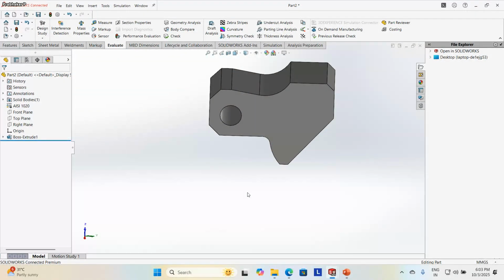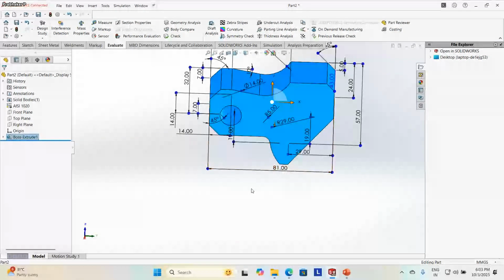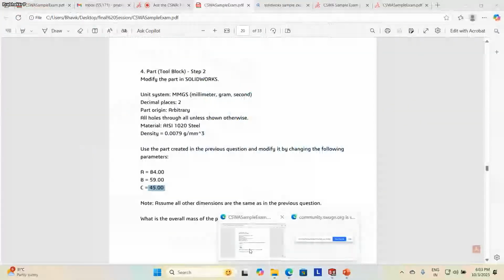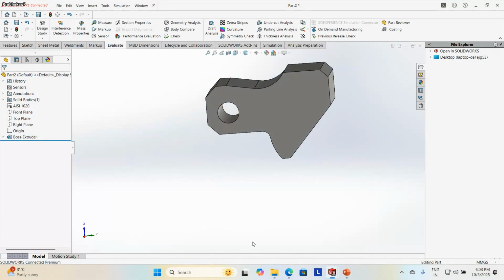Once I click the plane, automatically the dimensions will be highlighted. Like 84, 59, 45 was the earlier dimension.